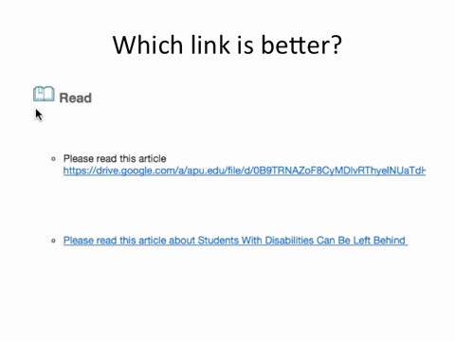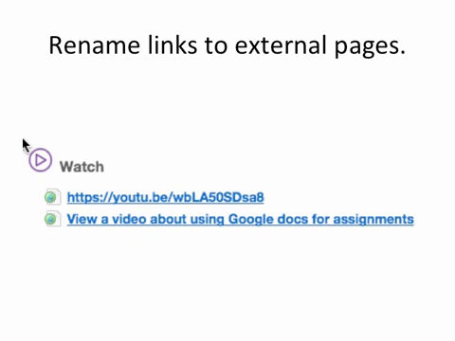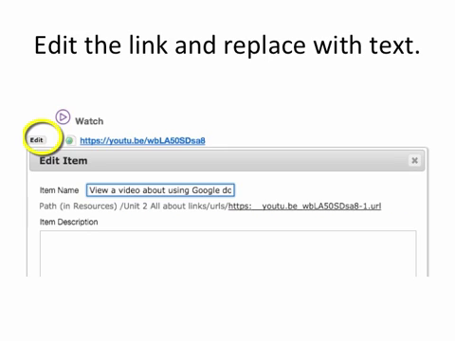When you create a link in Word, Google Docs, or Sakai, you can indicate what text you want to show on the screen and where the link goes. Remember, no raw links. For example, after you create a link to an external source in Lessons, go back and click the Edit button and reword the link to something that is understandable to the reader.